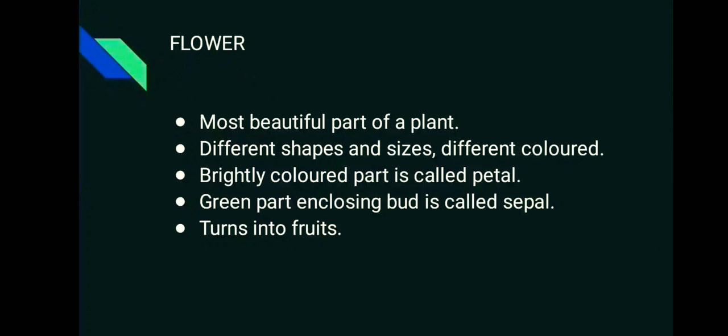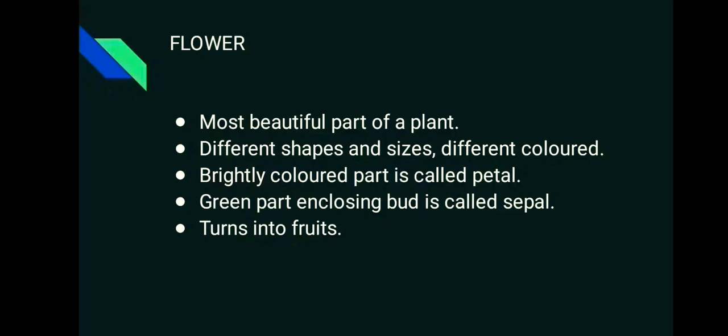Children, you must have seen many different kinds of flowers. They have different colors like red, pink, yellow, orange, right? They are of different shapes and sizes, right? Can you name any red color flower? Yes, rose. Any pink color? Lotus. Yellow color? Sunflower. White color? Jasmine. So children, flowers are of different colors and different shapes and sizes. Lotus flower is of different shape. Rose flower is of different shape. Some are small, some are big in size. If you have seen flowers, you must have observed that it has a brightly colored part.